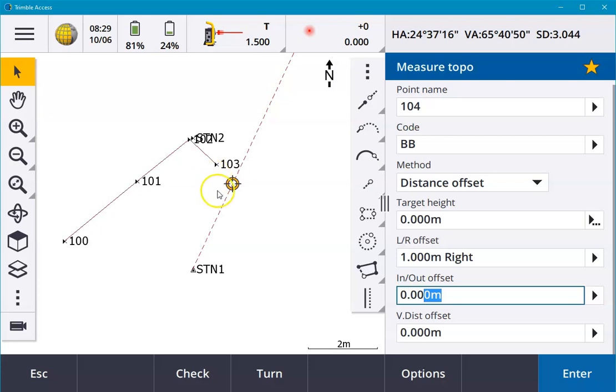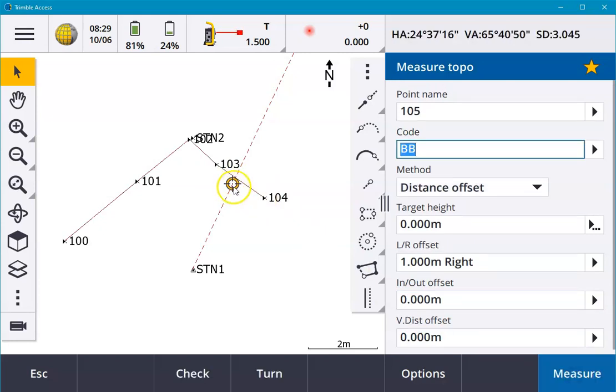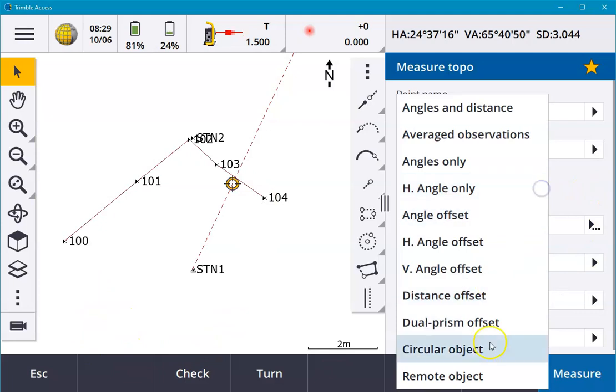As I'm looking at it, because I've actually connected to the instrument here in auto lock mode, and I'm standing at the instrument, it's actually going to throw it the opposite direction from normal. But we can see that this measurement is thrown 1 meter to the right of the way that I'm looking at the prism. So distance offset is a useful one to know about,